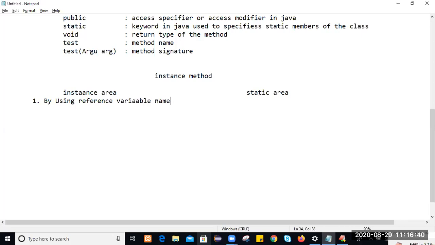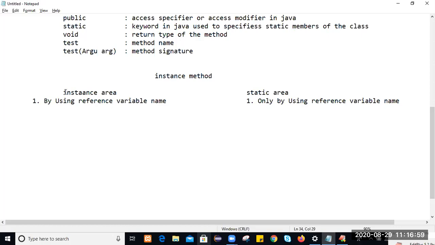And in the static area, there is only one approach: only by using the reference variable name.